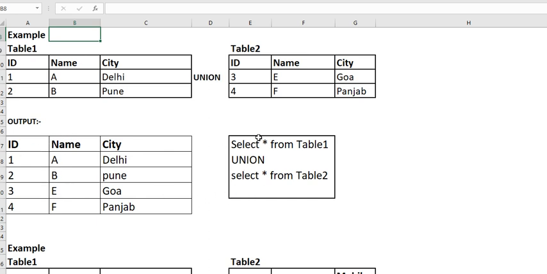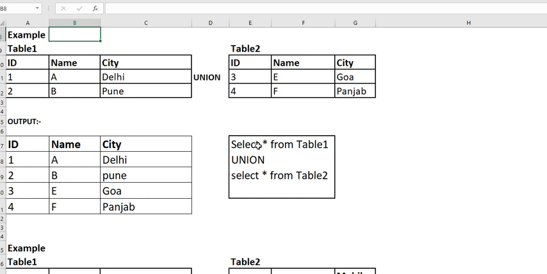And the syntax: we can write select, and whatever columns you want to select you can mention here, from table 1, then union, select star from table 2.